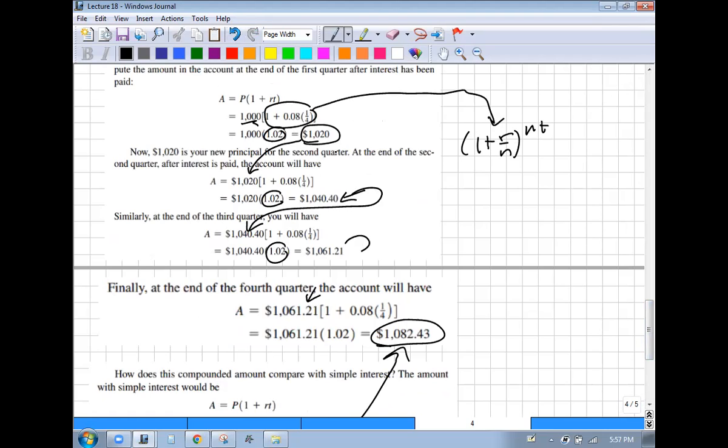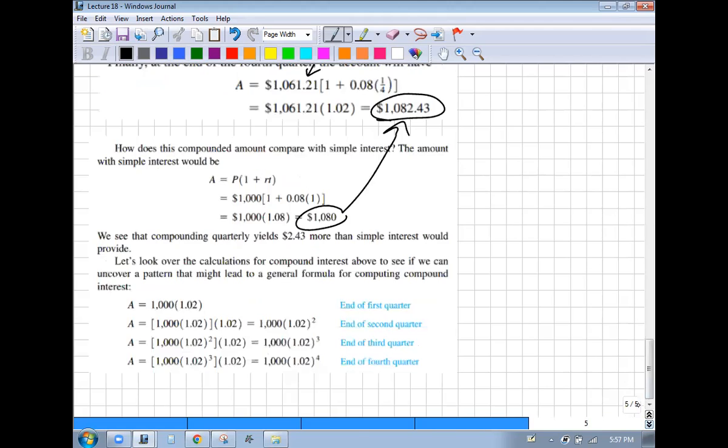I'm sorry, 1 plus r over n. That's what that is, and you're getting it over and over again, every time you take the old thing and multiply it. So if you look at it, let's say